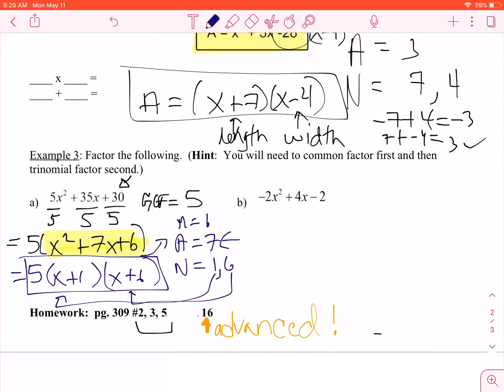Okay, I'll leave off the video with that. If you want to try this one, go ahead, no problem. Hopefully you get the gist of it. I'd like you to complete page 309, numbers 2, 3, and 5. And if you can, try the advance. If it's all over your head, be patient with it, no problem. I know this is a little tricky, but just continue to practice. And yeah, we'll just end off from there. Okay, so please work through your questions that are highlighted just here. And if you have any